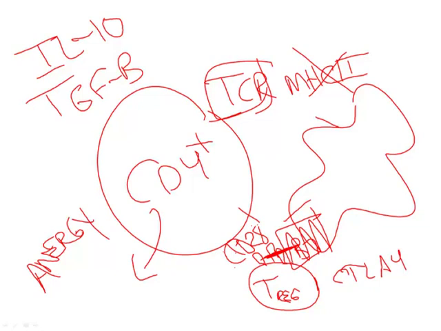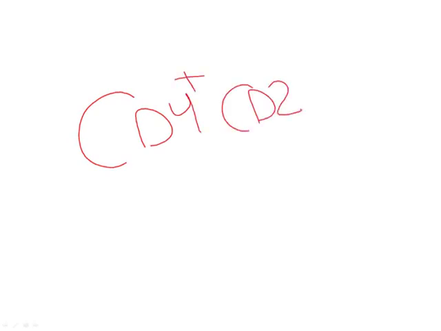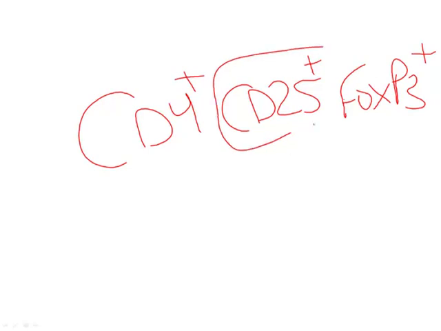So this is a little bit of a summary of the way in which regulatory T cells work. Now, when you think about regulatory T cells, there's kind of a phenotype that you should be aware of. They are CD4 positive, CD25 positive, and FOXP3 positive. CD4 indicates that they are CD4 positive T cells. CD25 is also known as the IL-2 receptor, and this helps me to remember that the regulatory T cells are dependent on IL-2 for growth and survival.